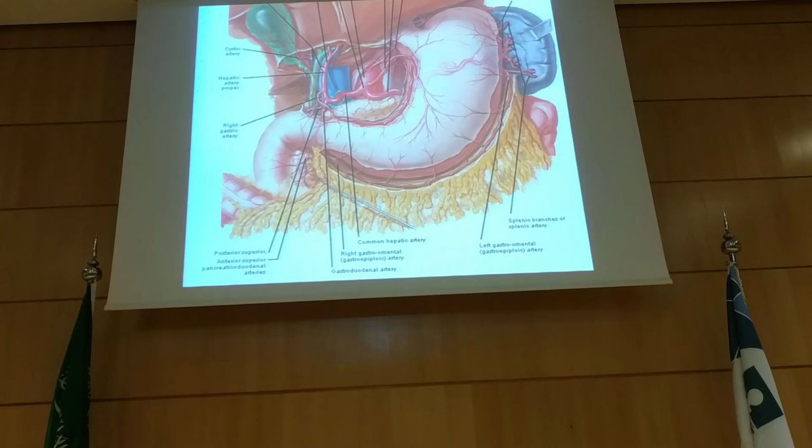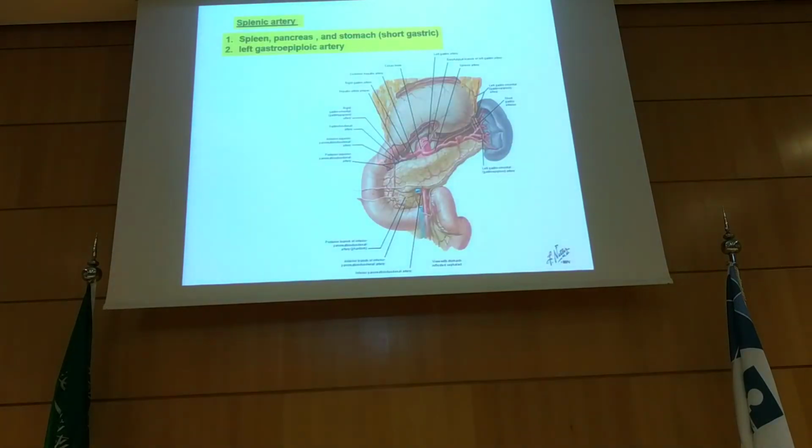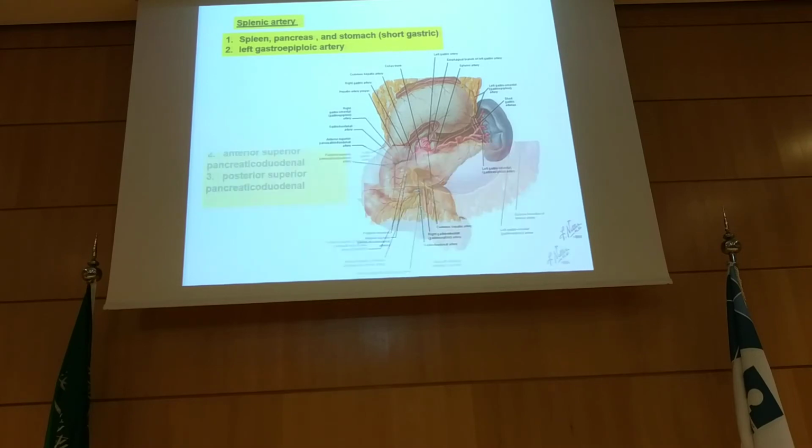Now this artery, once you see it, you will never forget it. The splenic artery, it is a thick, tortuous artery, dancing on the superior border of the pancreas going towards the spleen. Splenic artery, you will never miss it. As it goes to the spleen, it's going to give us pancreatic branches, of course, and splenic branches. But when it comes to the stomach,